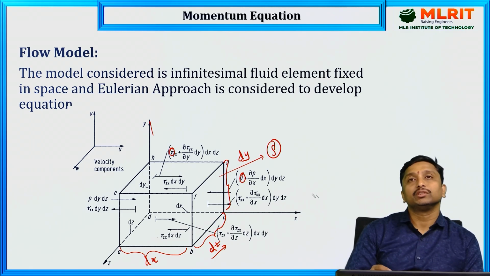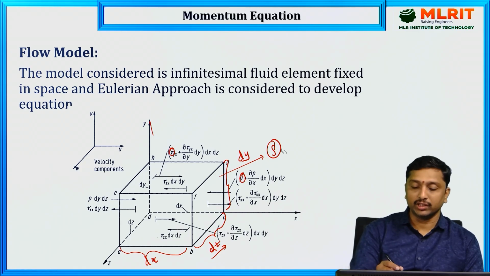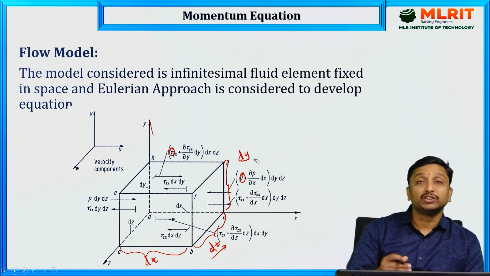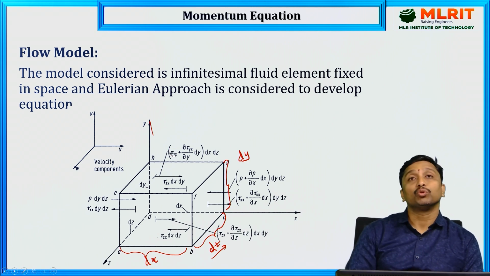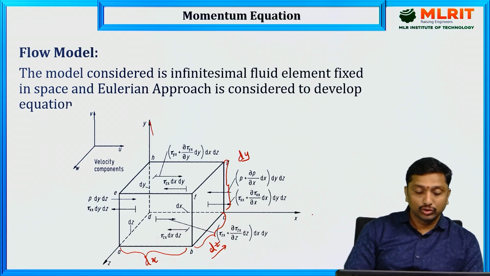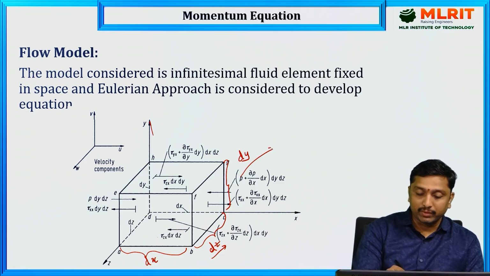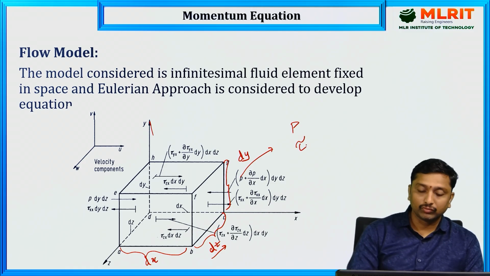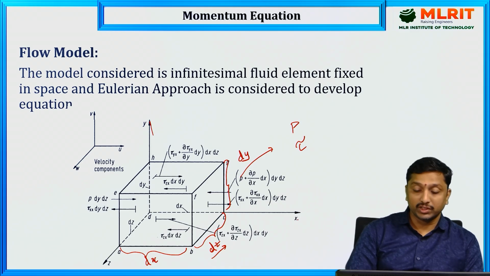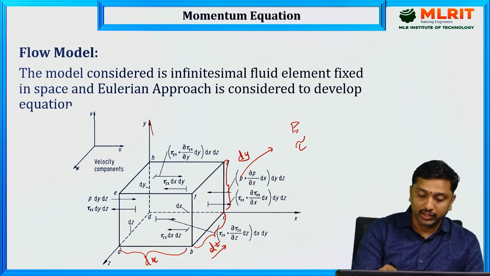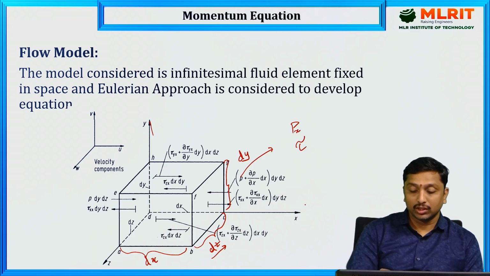Since density is a volumetric aspect, we are not considering that much, but since pressure and shear are surface characteristics, we are going to emphasize more on representation of these surface characteristics. If you observe, each of these parameters, whether P or tau, is represented with directions. So P in the x direction is represented by x, and tau in the x direction,